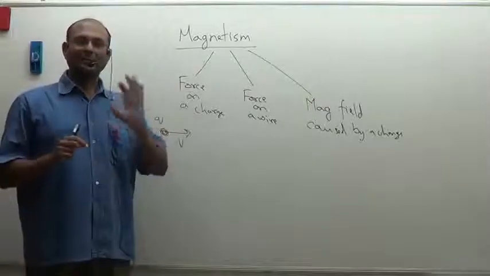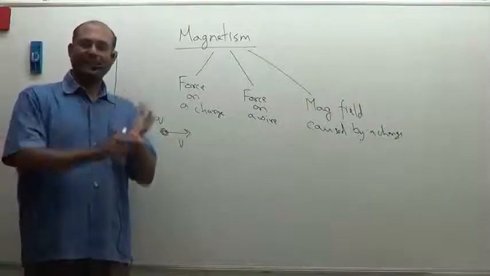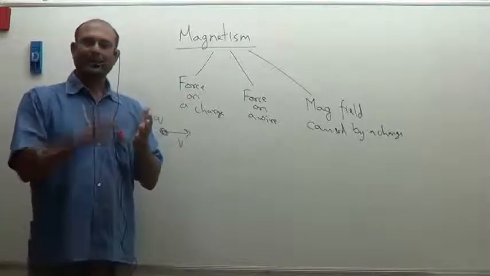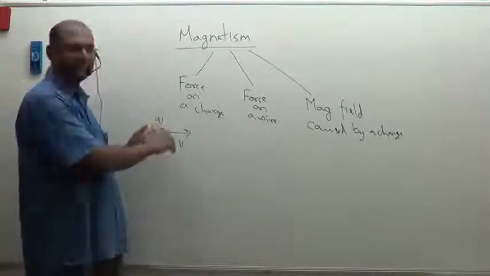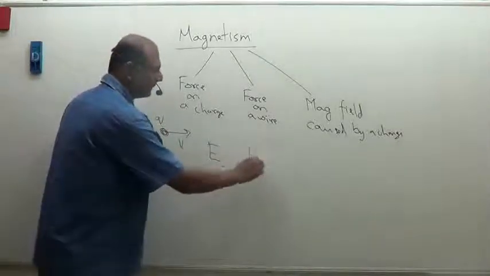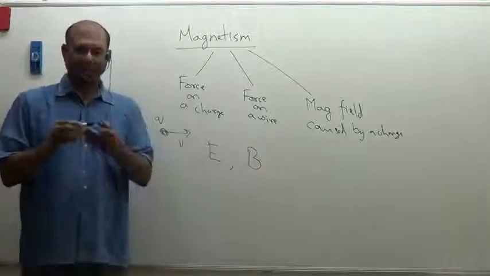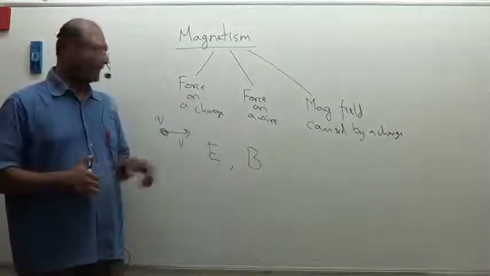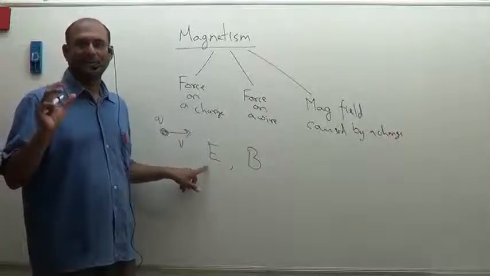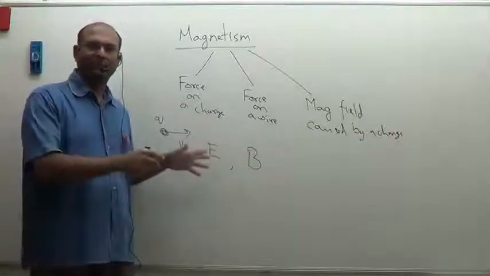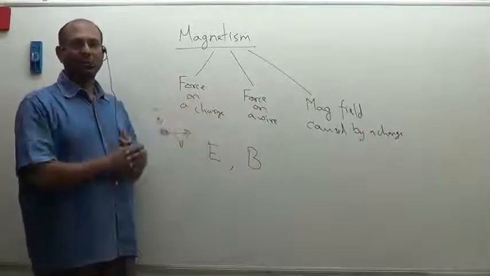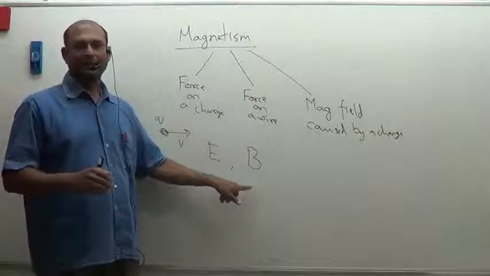So whenever a charge is present, it obviously creates an electrostatic field. That is something that you already learned. In addition, it also creates a magnetic field. So there is an E field, we say, and a B field. So both fields are created by charges. E field is created when a charge is present. So even if it's just static, you will get E field. If it is moving, you will get E field. In addition, if it is moving, you will also get a B field, a magnetic field.